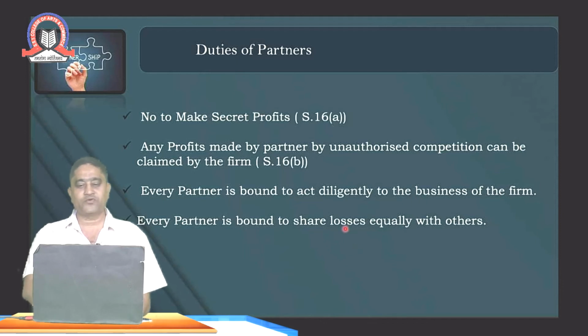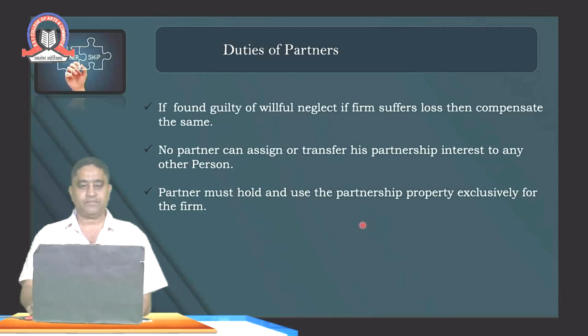Every partner is bound to share losses equally with the others. So if there is a chance of making profit, there is also a chance of making loss. If the partners are making profit and taking their share of the profit, that means during losses also each and every partner should bear the loss. Coming to